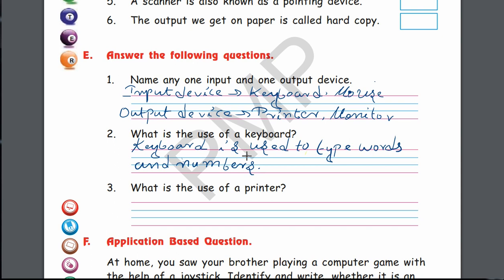Now children, many of you, when you come across this part of the lesson, you might have questions that, sir, where we will write the answer of question number 2. Let me tell you where you have to write. Computer copy. Do not write the answers in the book. Okay? In the computer copy. I am writing the answers here so that you can understand. Alright? I am explaining the chapter as well as writing the answer. But you all will not write the answers in the book. Where you will write? In your computer copy.